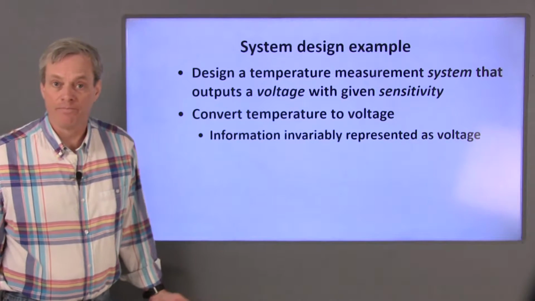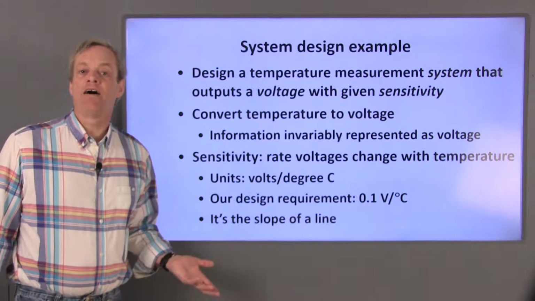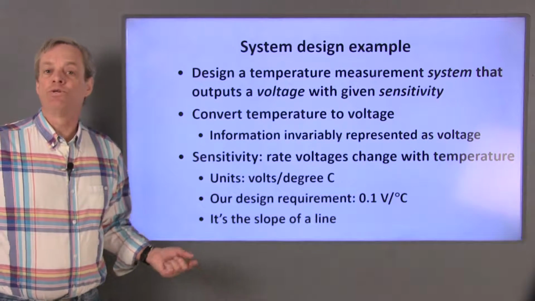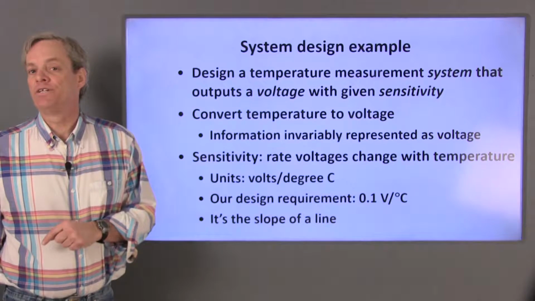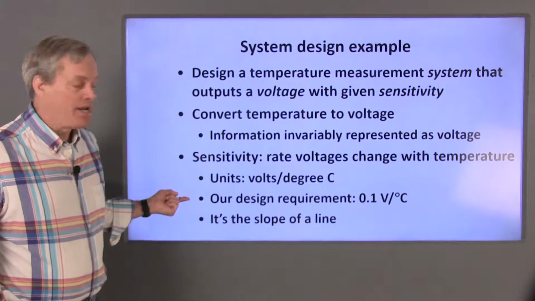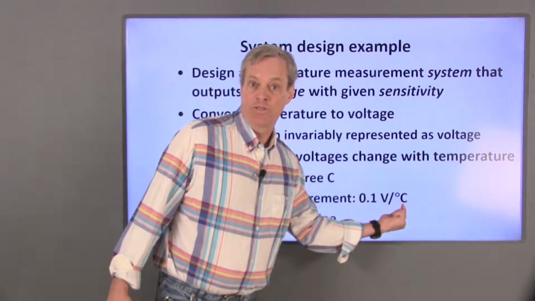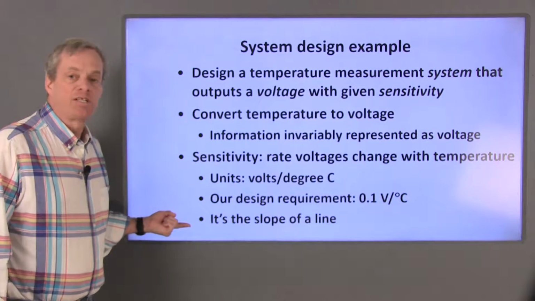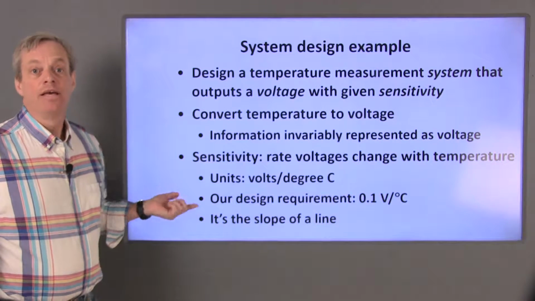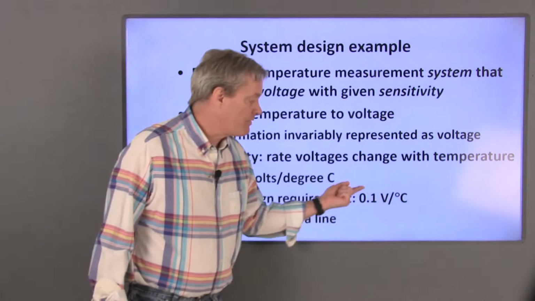a temperature control system. The second requirement, sensitivity, simply means that we have to have a minimum rate of change between voltage and temperature. So the system will need to produce a given voltage difference for each degree of temperature change. Our requirement is that the system produce a change of approximately 0.1 volts for every degree centigrade of temperature change. If we assume that the system response is linear, this specification defines the slope of the straight line. If I plot temperature on the horizontal axis and voltage on the vertical axis, the slope of the line will